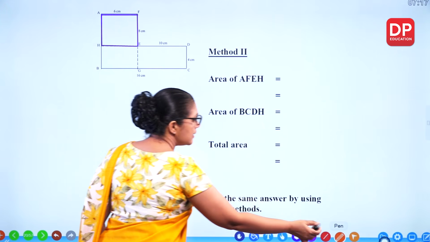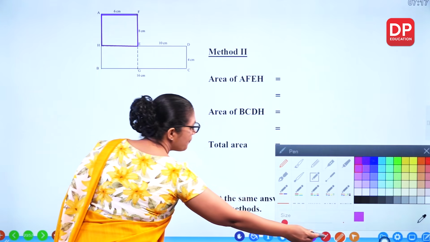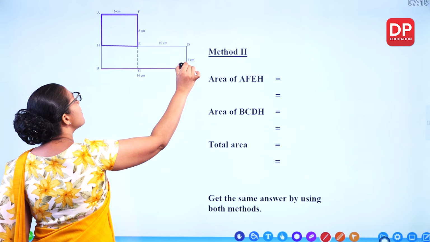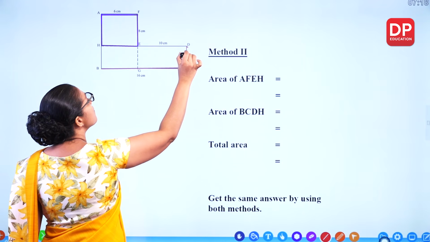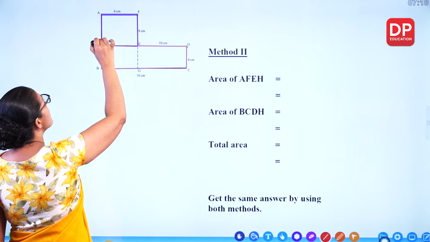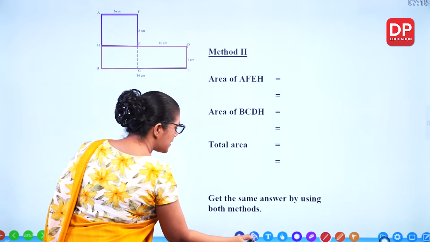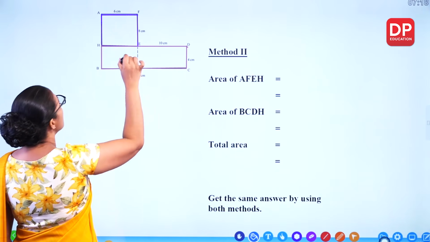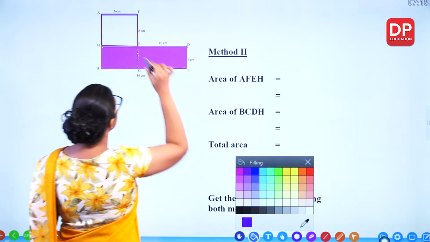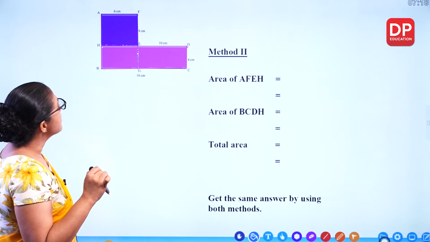So I'll take BCDH, this one. So we'll see. I want this area and this area. So now we'll find out what's the area of